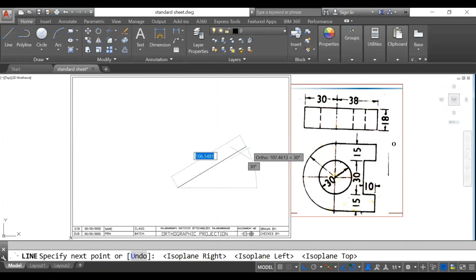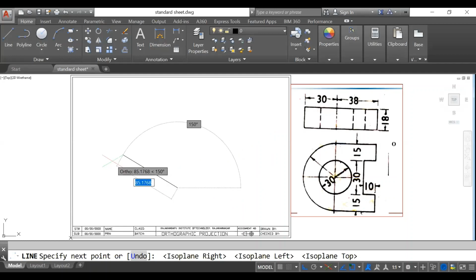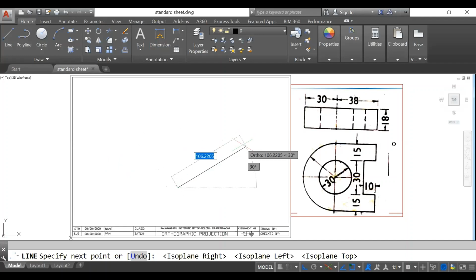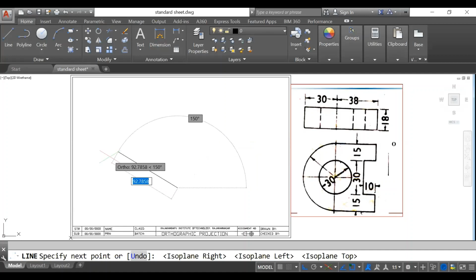So when the cursor is in the top view mode, it would move like this or like this, and 30-degree lines will appear automatically. It is not required to draw them as 30-degree. In the top view mode, the lines would be at 30 degrees automatically. You can see the 30-degree view here. Okay, this side also 30 degrees automatically.